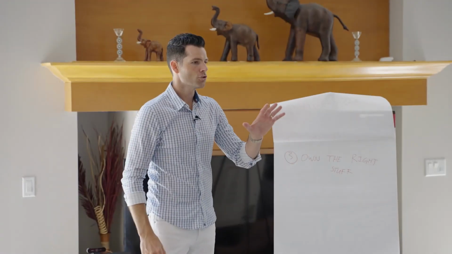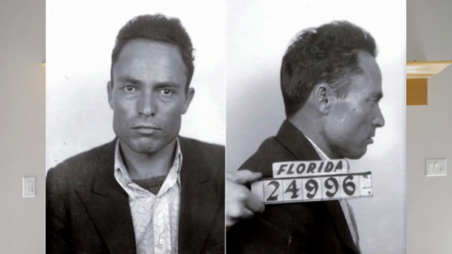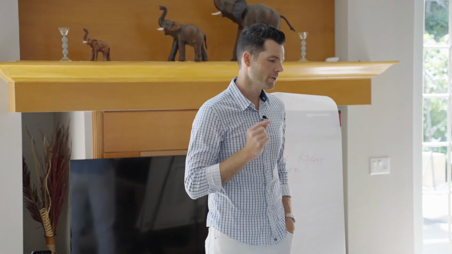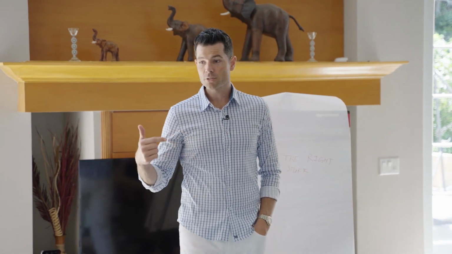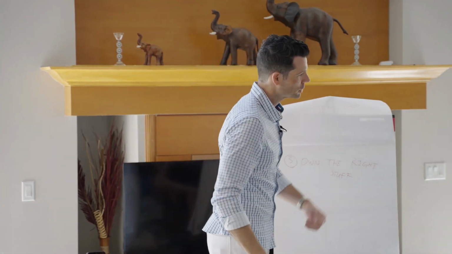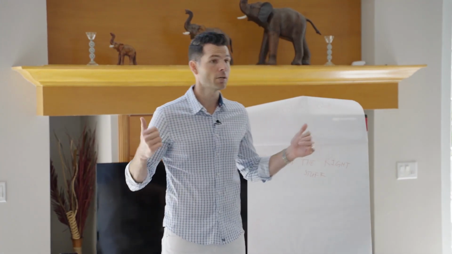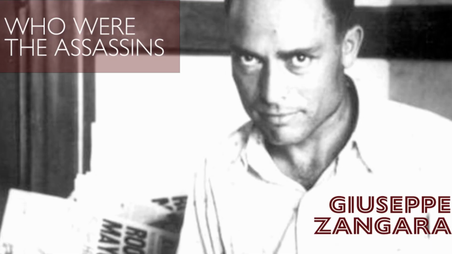How many of you have heard the name Giuseppe Zingara? Don't worry. You got to go back 90 years to 1933. So it's February 15th, 1933 in Chicago. Giuseppe Zingara was an Italian immigrant who wanted to attend an outdoor political rally. He's 5 foot tall. Couldn't see a thing. So he finds a chair and he stands up on the chair at this political rally and he opens his trench coat. He pulls out a revolver, shoots it 5 times. He hits and kills the mayor of Chicago at the time, Anton Cermak.